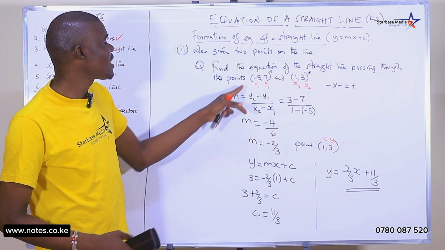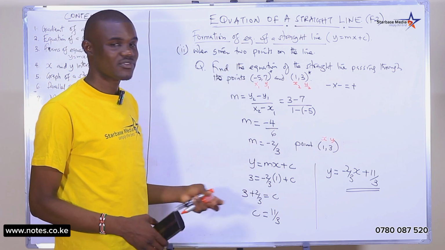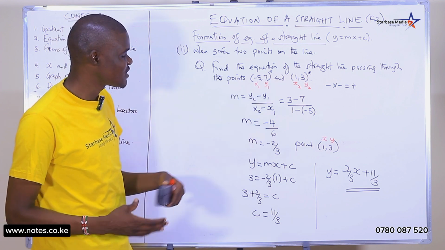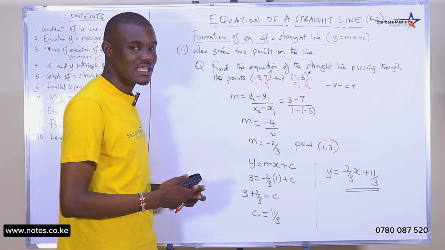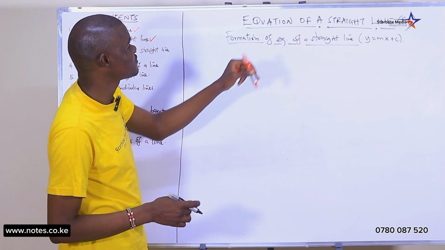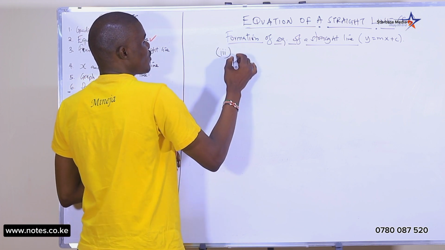This one that has a negative sign will complicate the whole process, especially when you're not a keen student. So always work with values that are easy to manipulate and get the answer within the shortest time possible, okay? Another way through which we can form the equation of a straight line, number 3, is when given